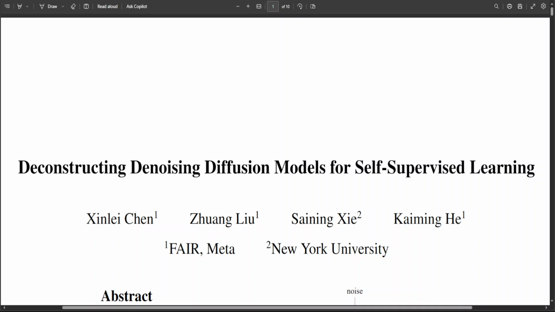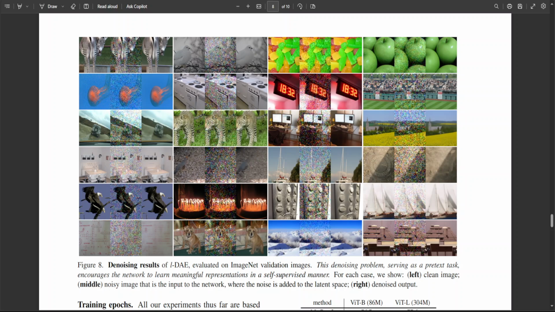Now, going back to the model, this is a study where the researchers have examined the representation learning abilities of denoising diffusion models, or DDM in short, that were originally purposed for image generation. Their philosophy is to deconstruct a DDM, gradually transforming it into a classical denoising autoencoder, or DAE. This deconstructive procedure allows them to explore how various components of modern DDMs influence self-supervised representation learning,